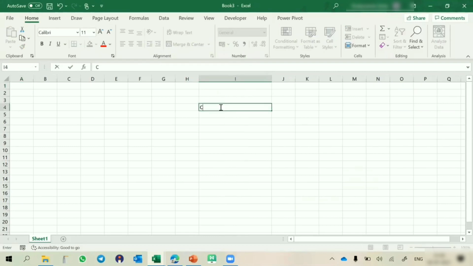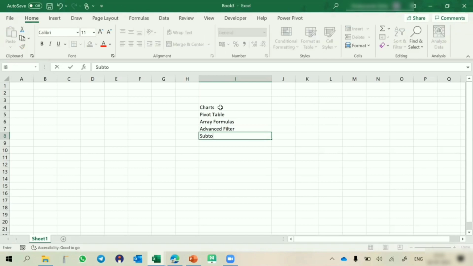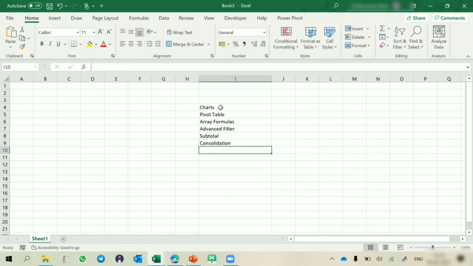सो अभी आप लोगों का जो मेजर टॉपिक्स है, द मेजर टॉपिक्स आर, मैं आपको बता देता हूँ। The next topic is charts, and then pivot table. Pivot table में ही ये आ जाएगा डैशबोर्ड एंड एवरीथिंग एल्स। जो ब्रॉड कैटेगरीज ऑफ टॉपिक्स है उसकी बात कर रहा हूँ। उसके बाद एरे फॉर्मूलाज, देन एडवांस्ड फिल्टर, देन सब टोटल, कंसोलिडेशन, एंड देन व्हाट इफ एनालिसिस, जिसमें गोल सीक, डेटा टेबल, सिनेरियो मैनेजर आ जाएंगे।